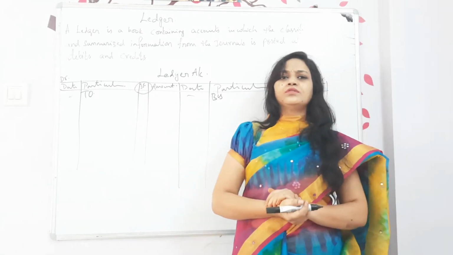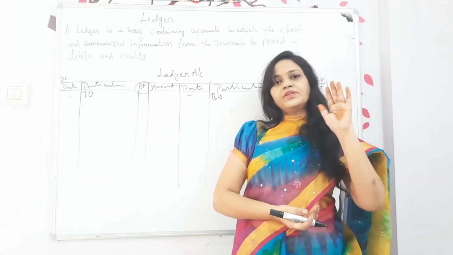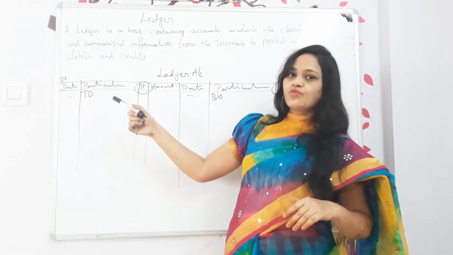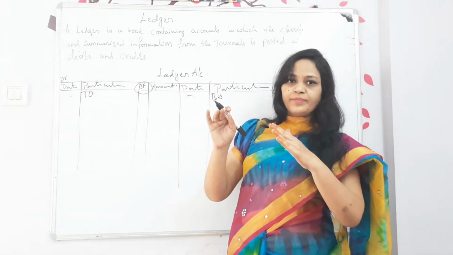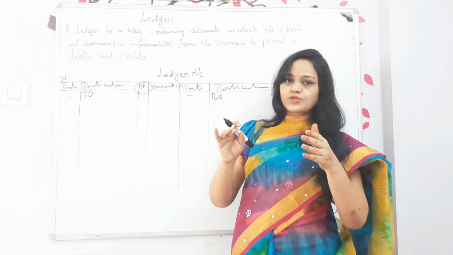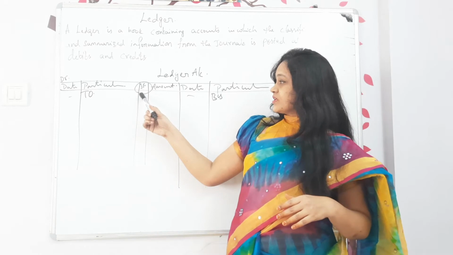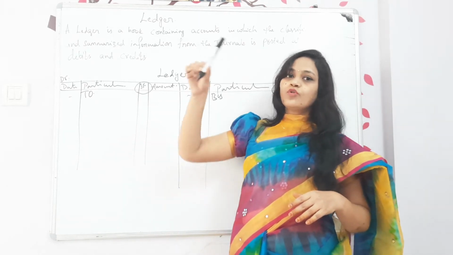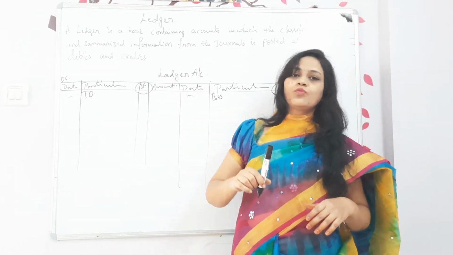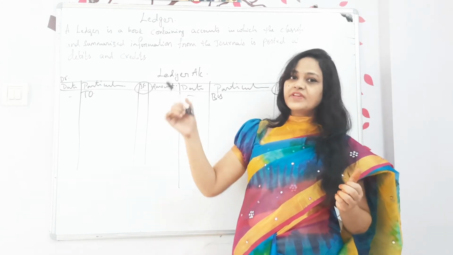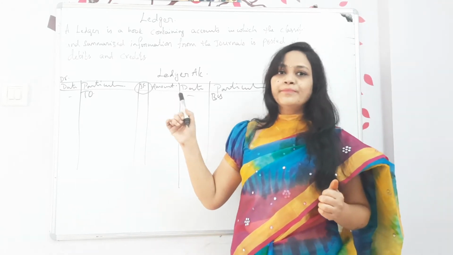Sometimes, we are after all humans, we will commit so many mistakes. I will see 'To bank', but I will write down by mistake 'To cash'. So my cash account will be disturbed, right? It will be disturbed, so my amount will not tally. That time I will check what is the journal folio number. I will go to that page and I will cross check what the actual entry was. So it will be very easy for me to rectify the mistakes.